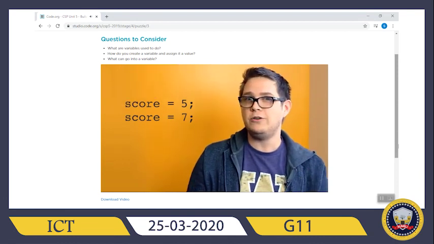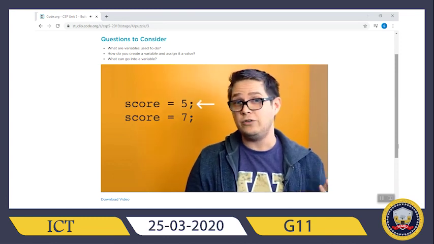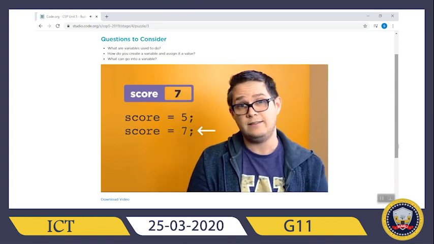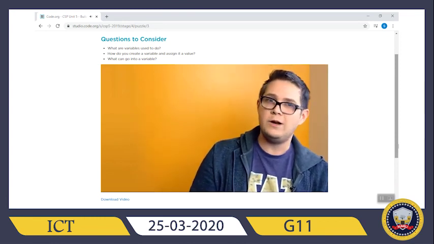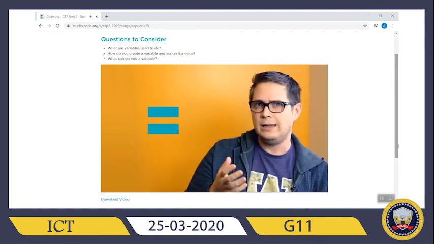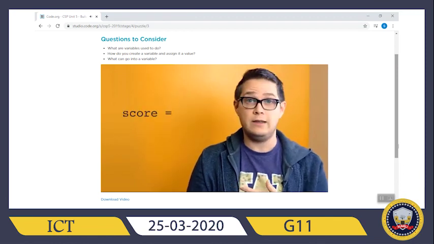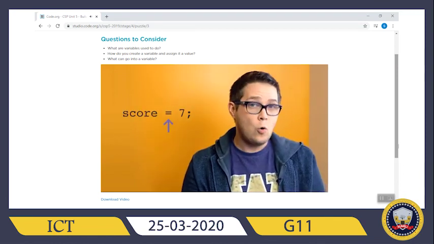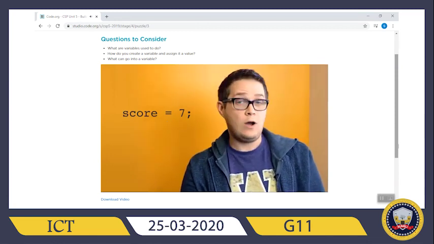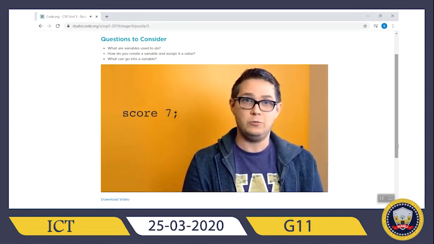With code, a computer is executing a set of instructions, one after the other, so this would just tell the computer to set score to 5, and then on the next line, set it to 7. In an effort to avoid confusion, programmers often don't use the word equals when we see this sign. Instead, they use the phrase gets the value. So when we see a statement like this, we could read it as score gets the value 7, or score gets 7 for short. Some programming languages avoid the confusion entirely by representing the assignment statements with a sideways arrow,